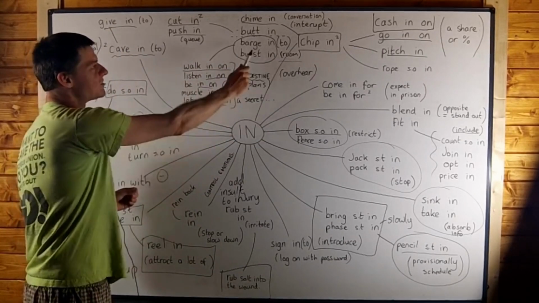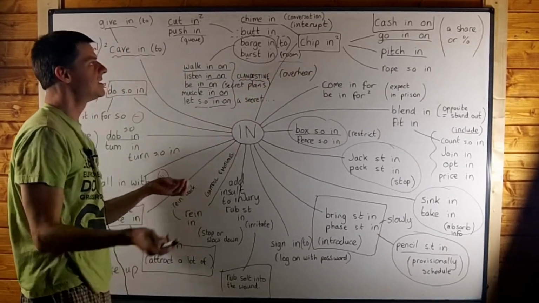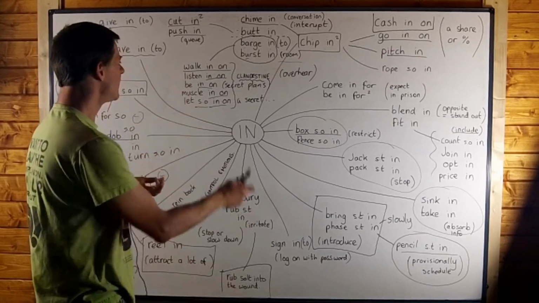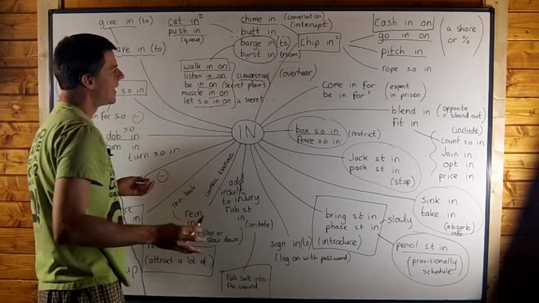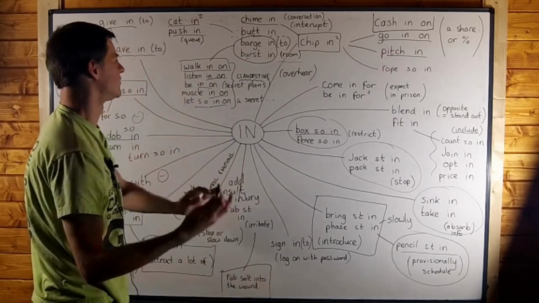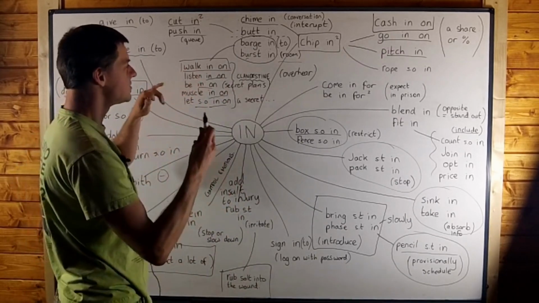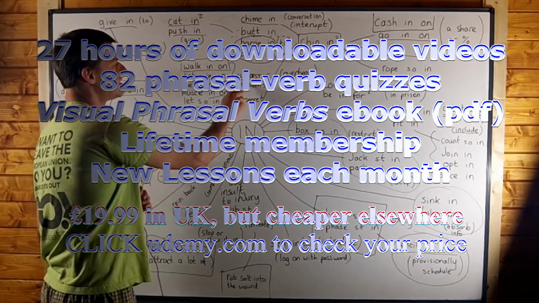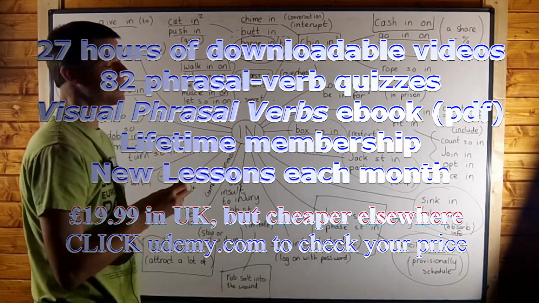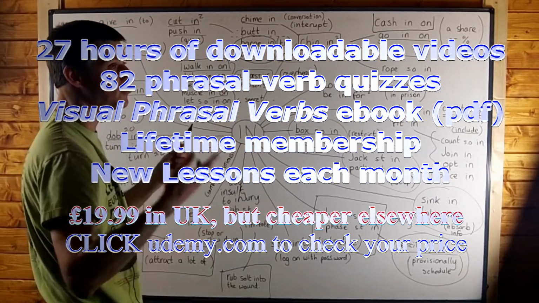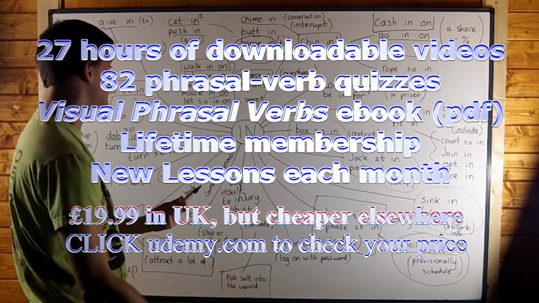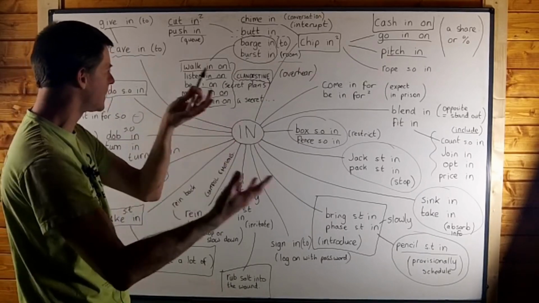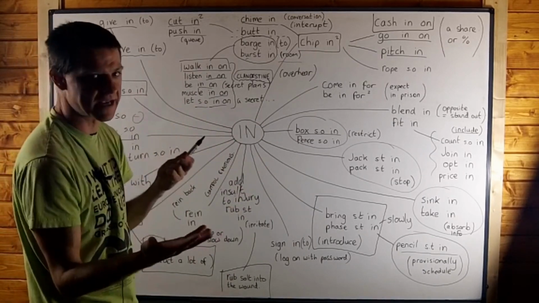Okay, there are several others which are similar to barge in or burst in, because when you barge into a room, when you barge in unexpectedly, very often you walk in on someone. And when you walk in on someone doing something, this is used for when you walk into the room and you see something that you shouldn't have seen. You see something clandestine. So you can walk in on a couple who are kissing. Perhaps they think they're having a secret kiss and you walk in on them. That means that you walk in and discover the secret clandestine activity that they were getting up to.